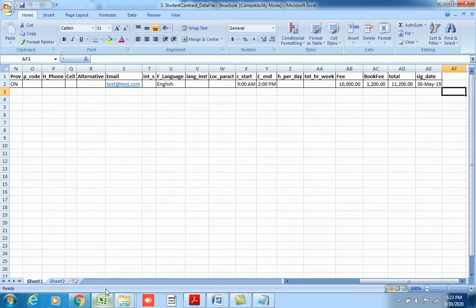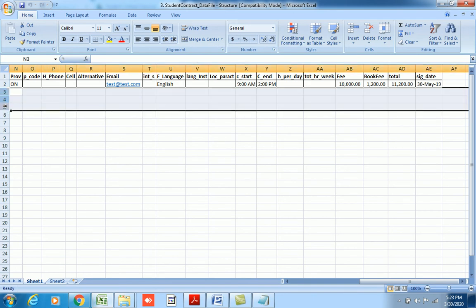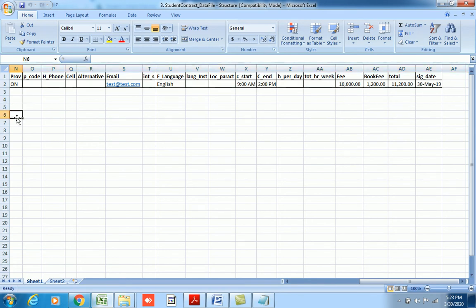So again, this is the file. I'm going to send it in my next email, and I expect you to add 3 or more. It's up to you. You can have more fields, more rows if you want to see the functionality. But in practical terms, this is where your data will reside.